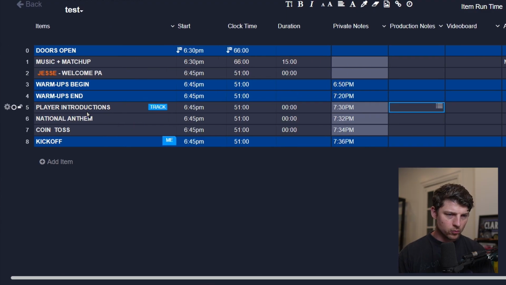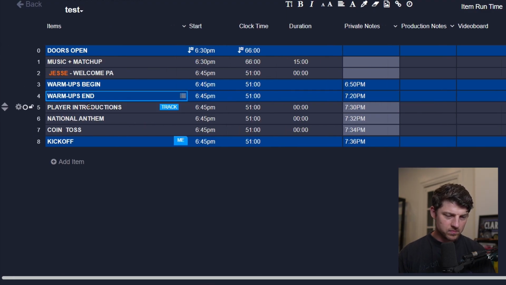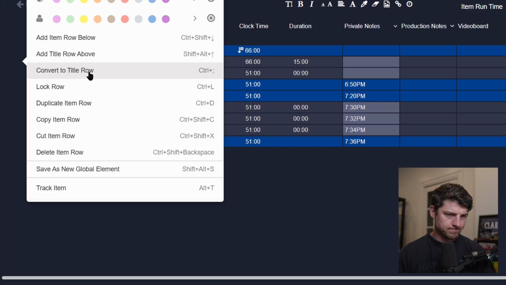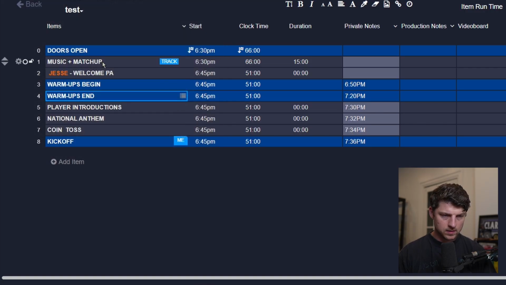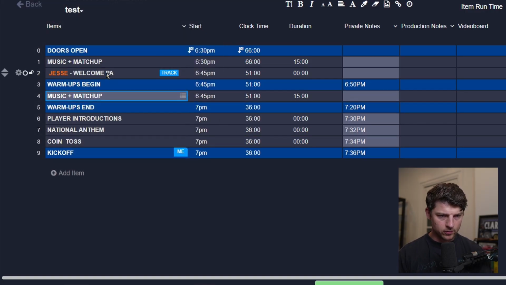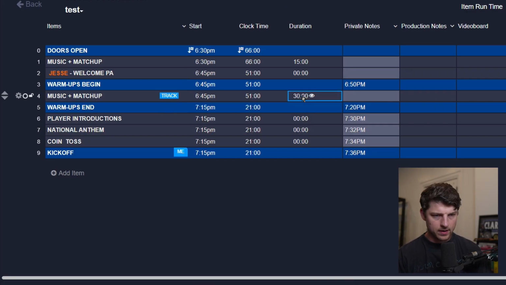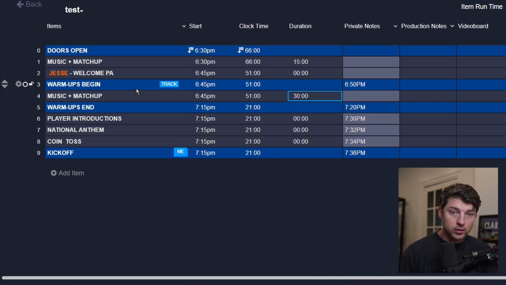Where warm-ups end, I'll put something in between these. Let's just duplicate this. And this is what I mean. So let's say if we did have the full 30 minutes of music and matchup, not exciting, but you could do something like that. But maybe we want to also do player